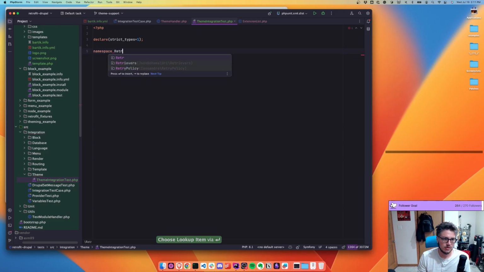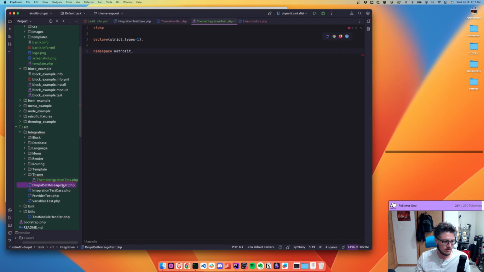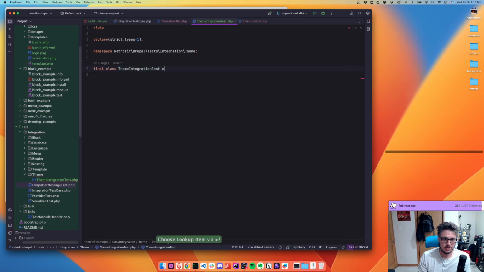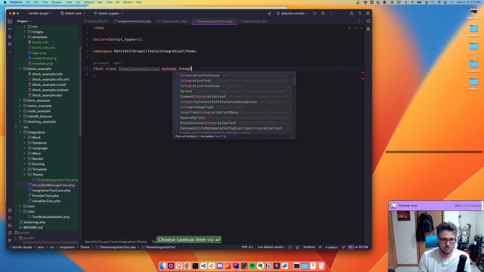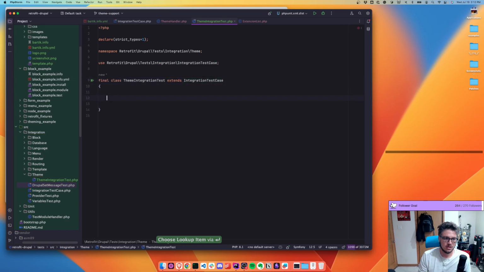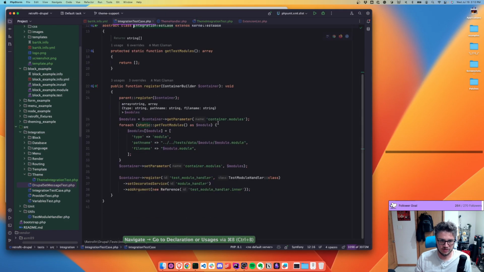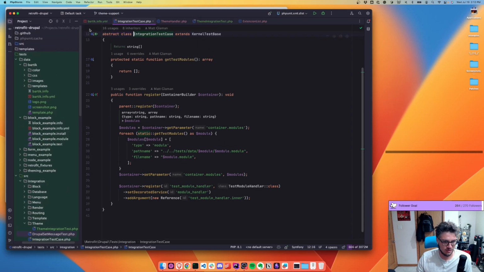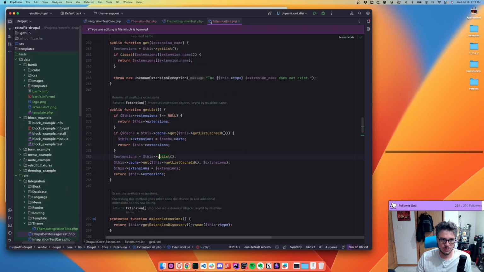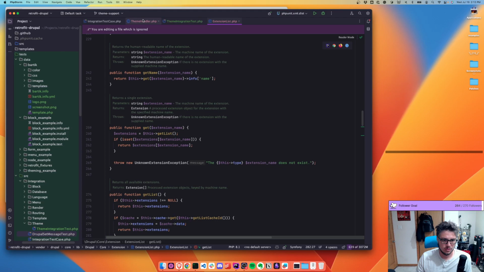Namespace. What did I do? Retrofit. Retrofit test integration theme. Final class theme integration extends integration test case. So if we look at this integration test case, this is what I had open earlier that registers the available modules. Fake their discovery here. So what we'll have to do is